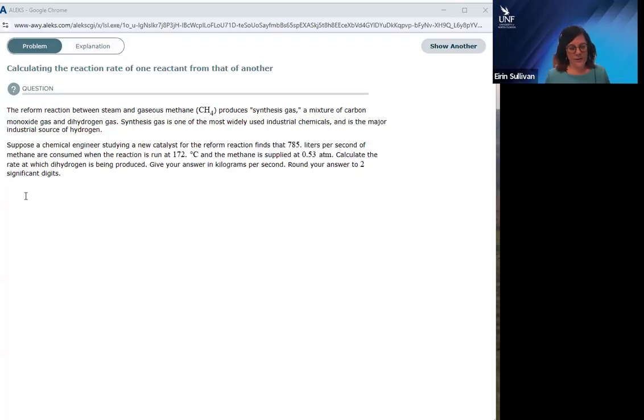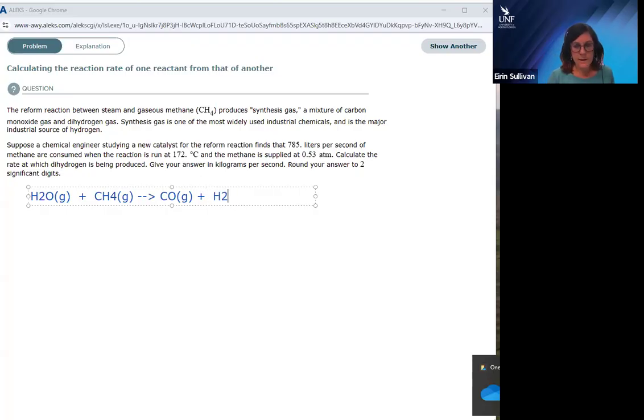So we've got a reaction between steam, which is water vapor, and gaseous methane, so that'd be CH4. I suppose if we were being good, we should probably put our state symbols in, shouldn't we now? Produces syngas, synthesis gas, a mixture of carbon monoxide and dihydrogen. So let's balance that. Carbon monoxide would be CO gas, and then hydrogen would be